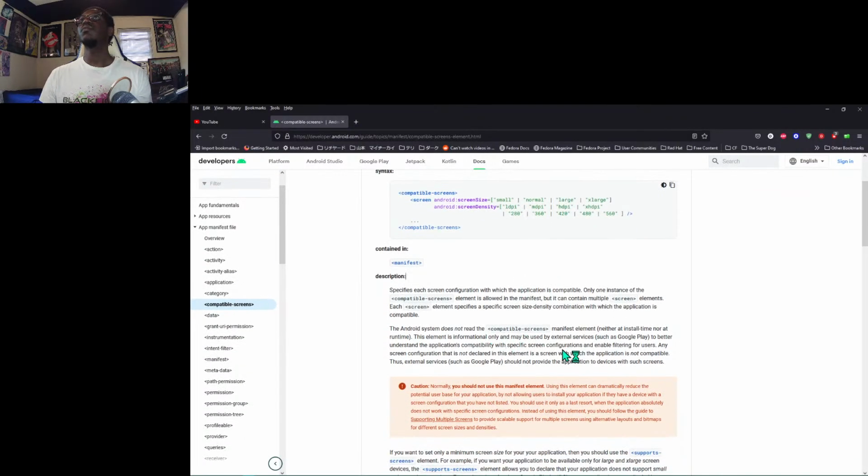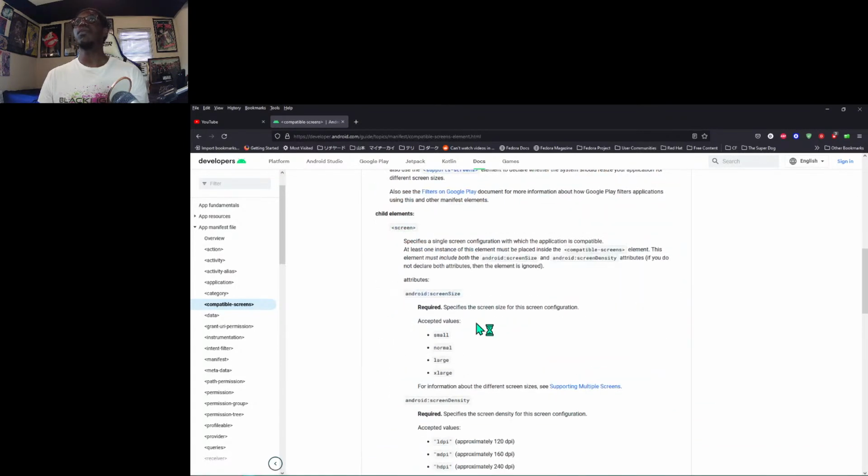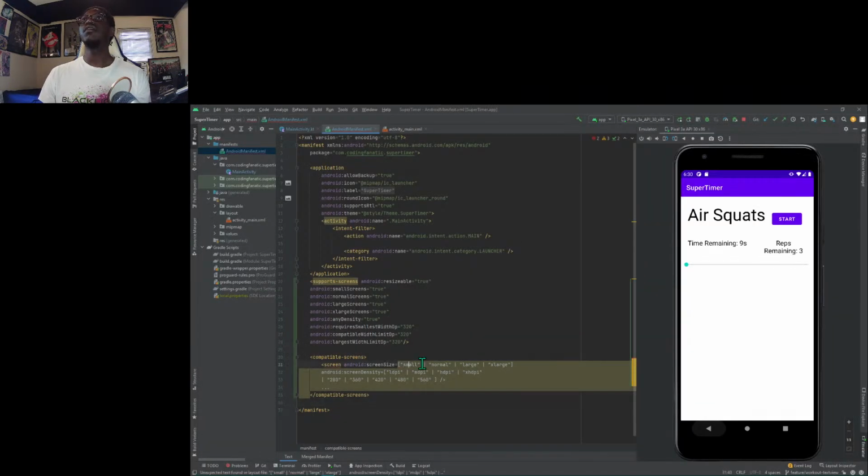Does not read the compatible screen manifest element. Now that in store time, element is informational. It may be used by external services. Specifies each config with which the application is compatible. Only one instance of the compatible screen element is allowed in the manifest, but it can contain multiple screen elements. Each screen element specifies a specific screen density combination and with which the application is compatible. Okay, so then what we could do